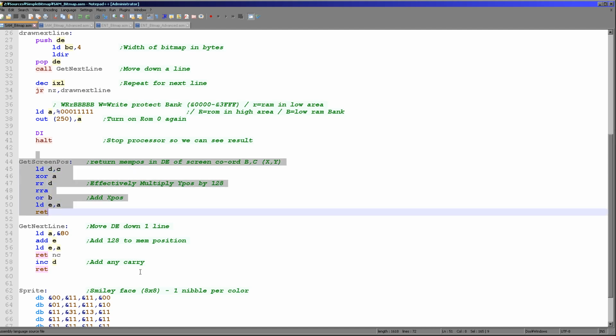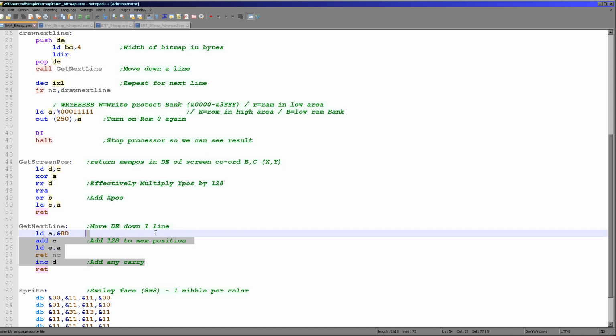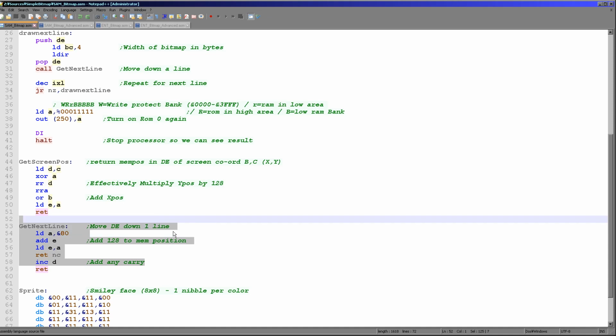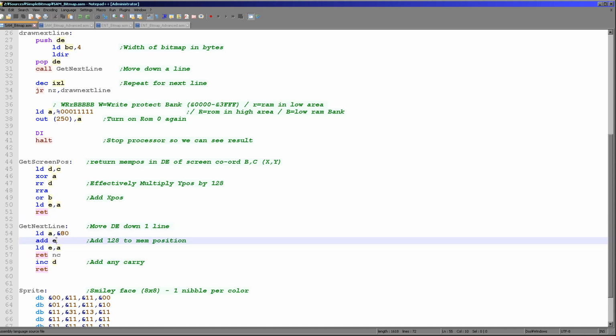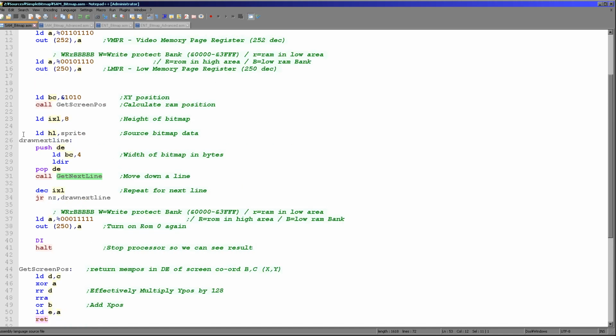Now the next thing is we're going to do the get next line command. So once we've got to the end of one of the lines of our bitmap, we need to move down to the next line. So I'd use a simple command. It just adds 128. Each line's 256 pixels wide, 2 pixels per byte. So we just add 128. That will move us directly below the current line. And so we add that to E, and then if E is overflown, going over 255, we need to increment D to compensate. So that's going to move us down the line,